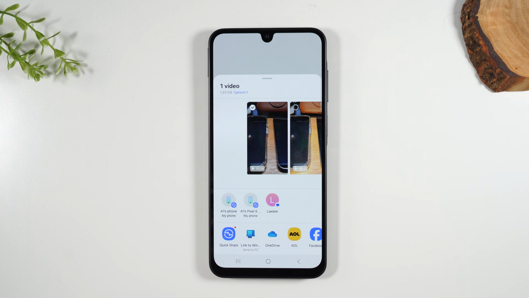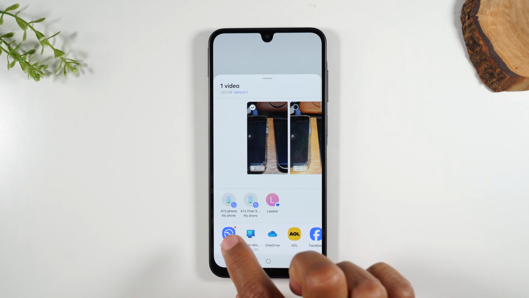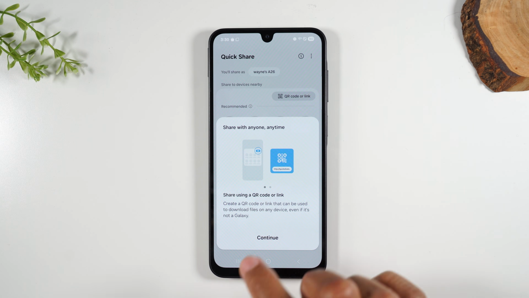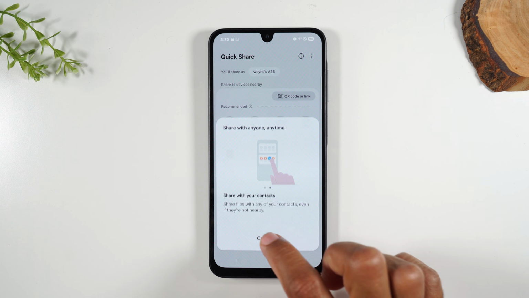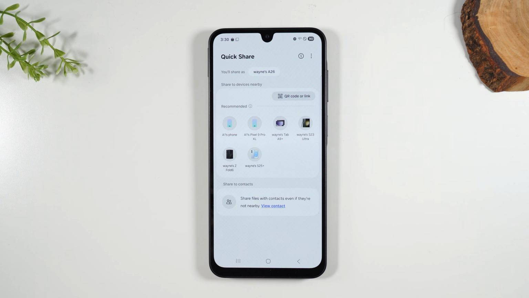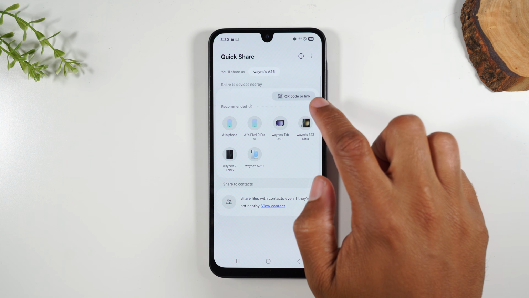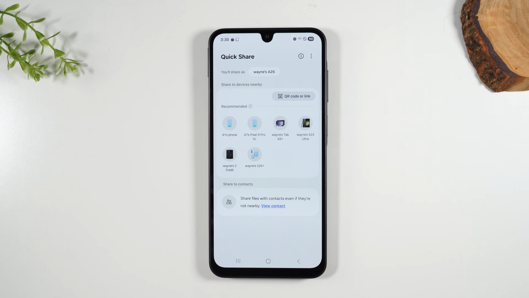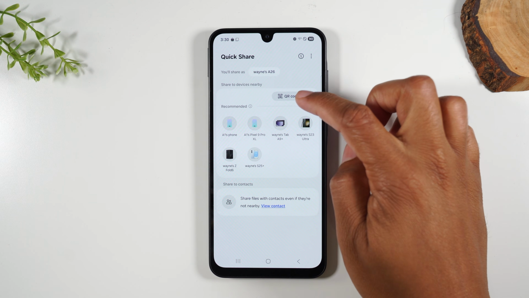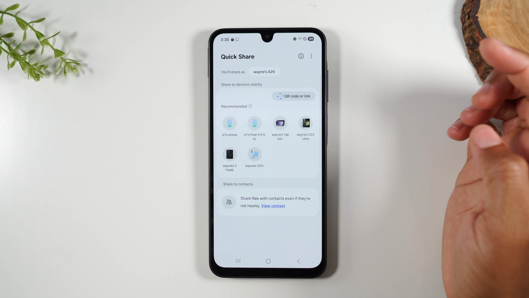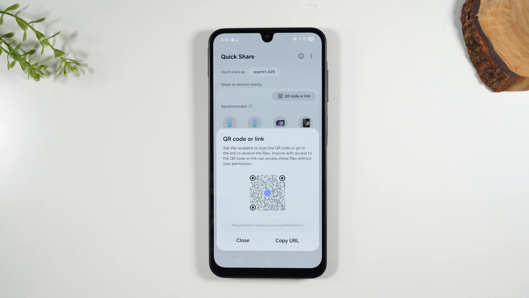Now with Samsung phones specifically, they have a really cool and useful feature built in. So when you go to quick share, you'll need to sign into a Samsung account first, and make sure you do that. That's free. You have this option to create a link. What it's going to do is take your video, temporarily upload it to the Samsung cloud, and then when you tap on QR code or link, it's going to give you a shareable link